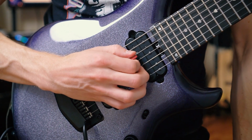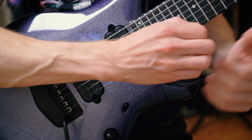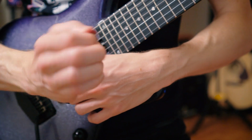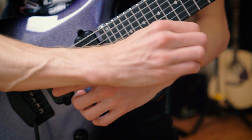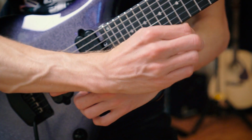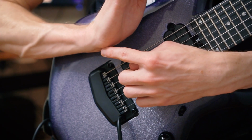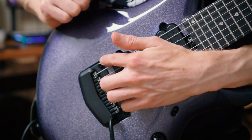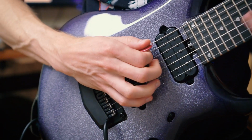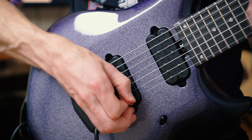So the challenge that we have when we're going to play a 7-string guitar is that our primary picking motion should be coming from our hand moving just side to side, not with rotation. It's okay if there's a little tiny bit of rotation, but your main motion should just come from this motion. And what happens is, as the bone of my finger is matched with this point on the bridge, or maybe a little further back if you like playing in this area that doesn't move as much, is when I try to reach from the lowest string to the highest string,